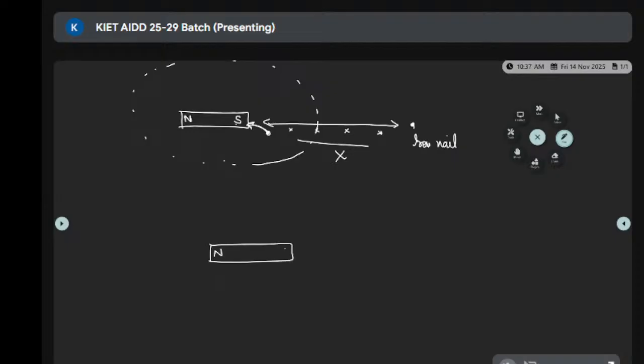North pole, south pole, so around a region, around the magnet, in this region, in magnetic substance,